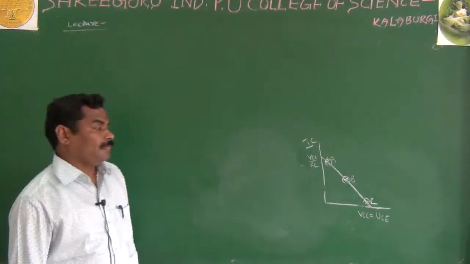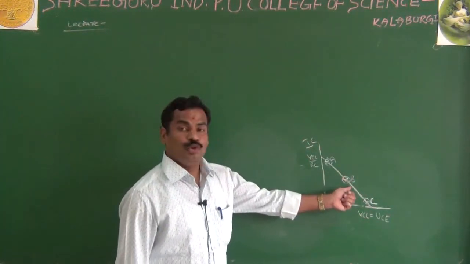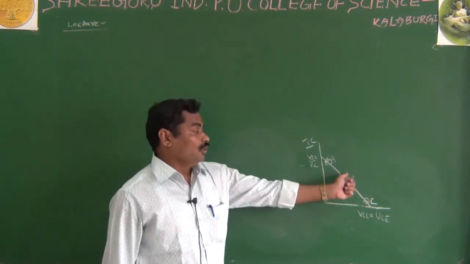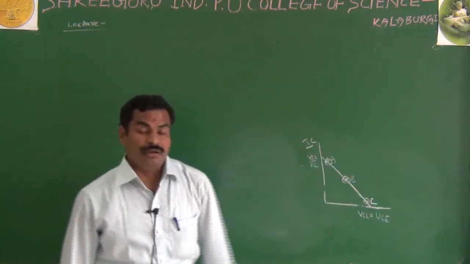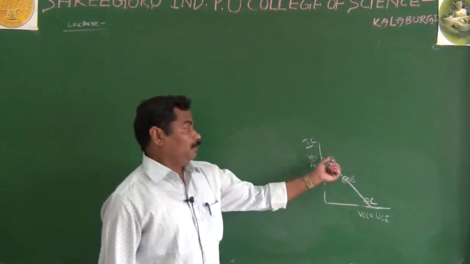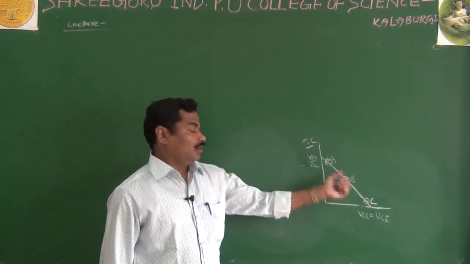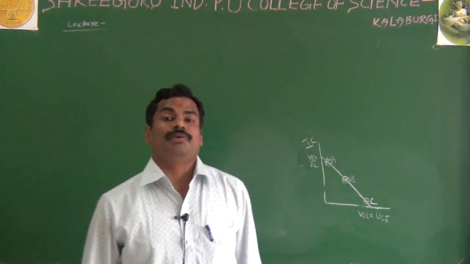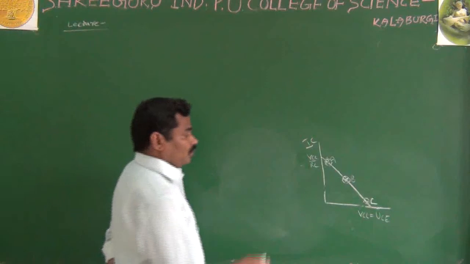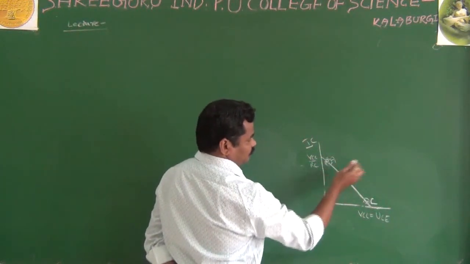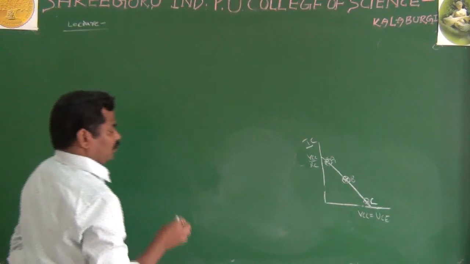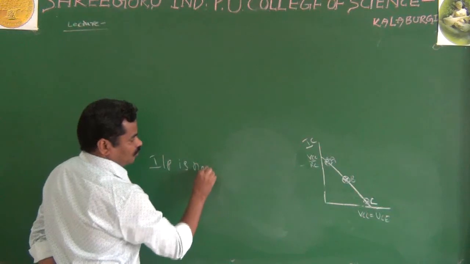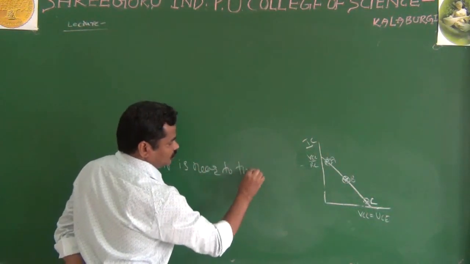Only when the Q point is in the middle of the active region will you get the 100% amplification, or the faithful amplification. If the Q point is near to the cutoff or near to the saturation, we are not getting the faithful amplification. For example, consider your input here. Your input is near to the saturation.